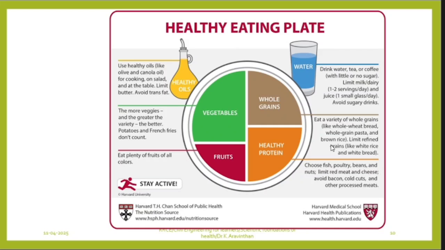Vegetables and fruits combined are 50%. Your meal should look like this. If you open your tiffin box, fruits and vegetables should be half. Only the rest of the portions can be rice or wheat or any other components. And oil. If you are using oils, they might be fats. You can use canola oil, that means vegetable oils. You can use a number of vegetable oils, etc.